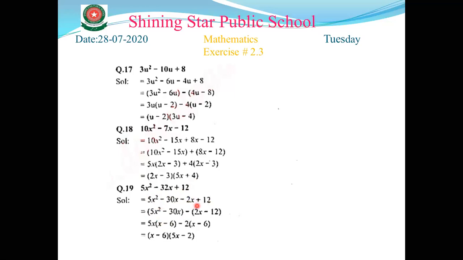From these two terms, first of all, we have to take common minus, because in the first term we have minus with the second digit. Here, we have plus with the second digit. So when we take the common minus, we get minus with the second digit. Now take the common 2. And when we take the common 2 from this bracket, we get here x minus 6. X minus 6 are common. Now take the common x minus 6. 5x minus 2 multiplied by x minus 6 is your required answer to question number 19.